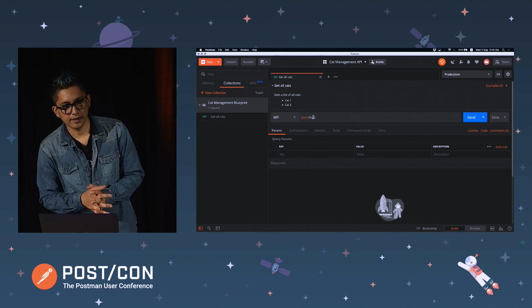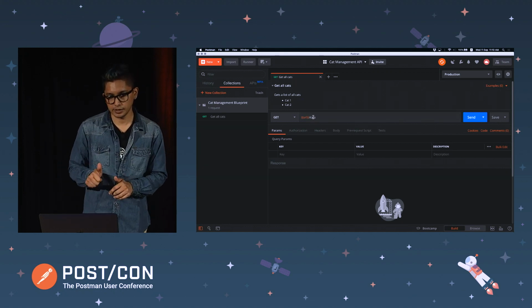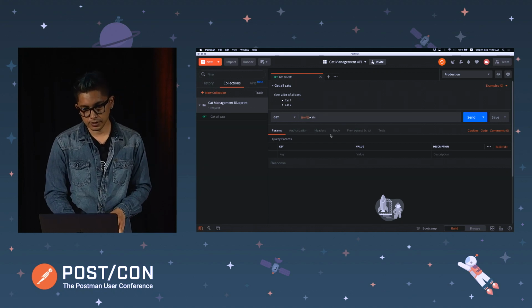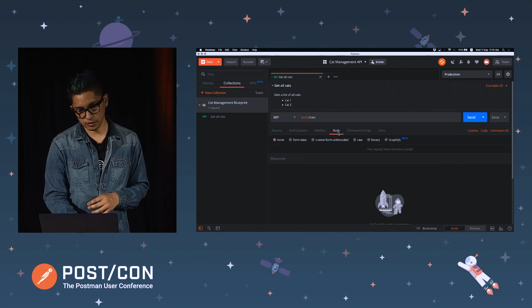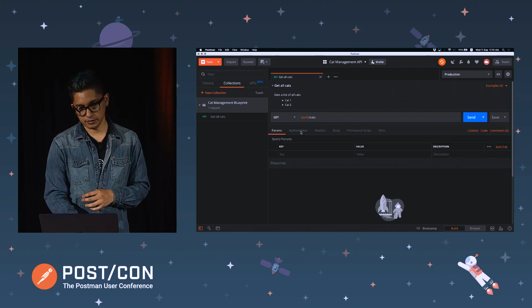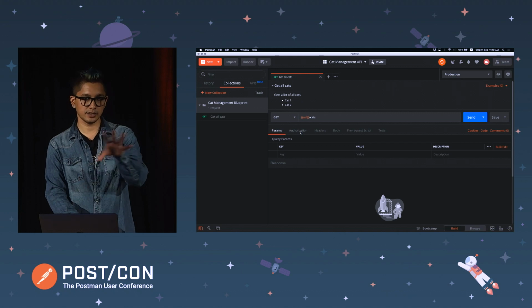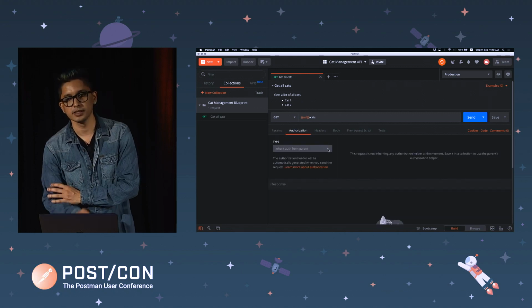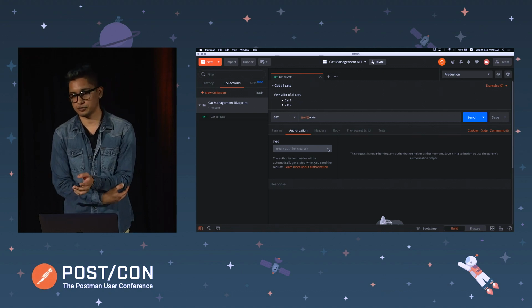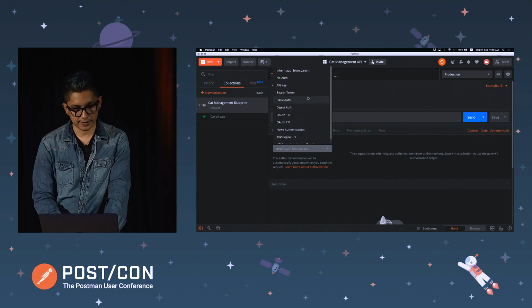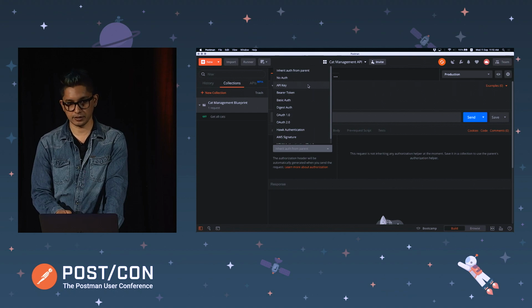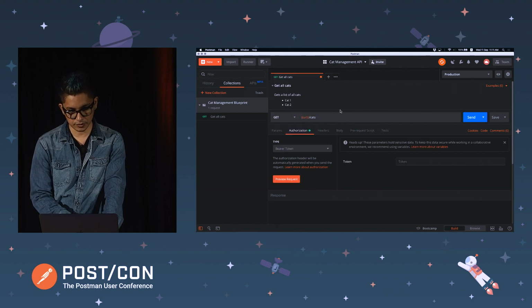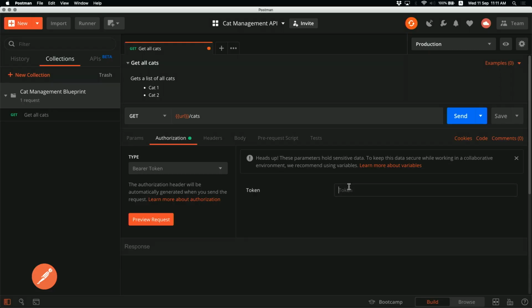So yeah, now we have one request, but we don't yet have the body or anything as part of it. I have not set any authorization. You might often have an authorization requirement of how the API would actually work. So if you need, let's say, an API key-based authentication or a bearer token, you can choose those. And you can define this token here. Or you can also use,